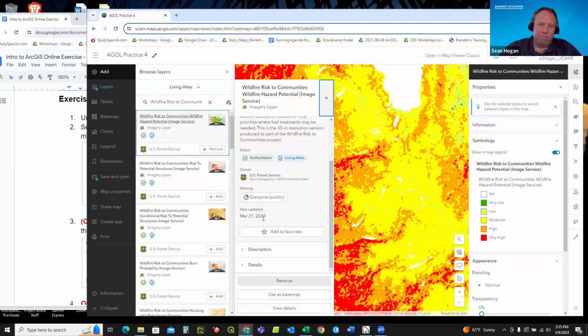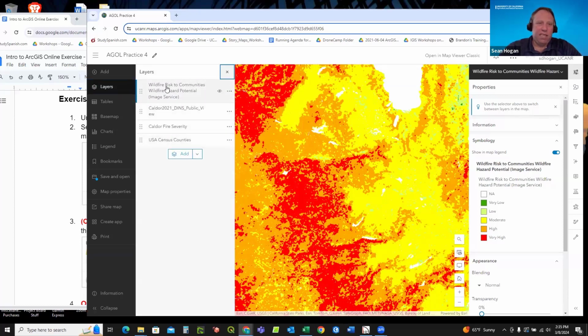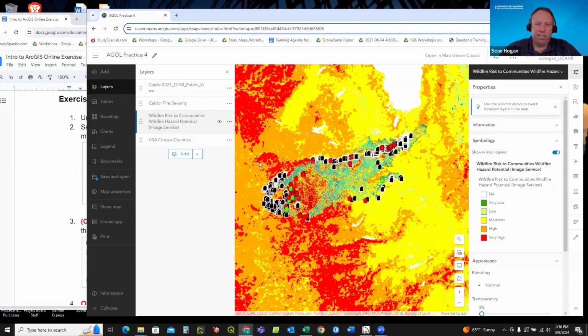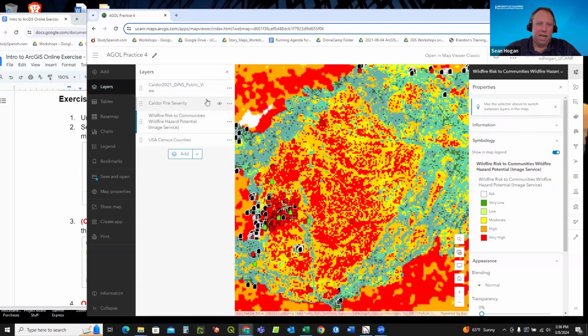Oh, it's recently updated to 2023. It originally was from further back, but what makes this interesting to me is that now you'll see it goes to the top of the list. If I drag it down underneath the other layers, if you zoom in and look, and I toggle off the Caldor fire severity map,